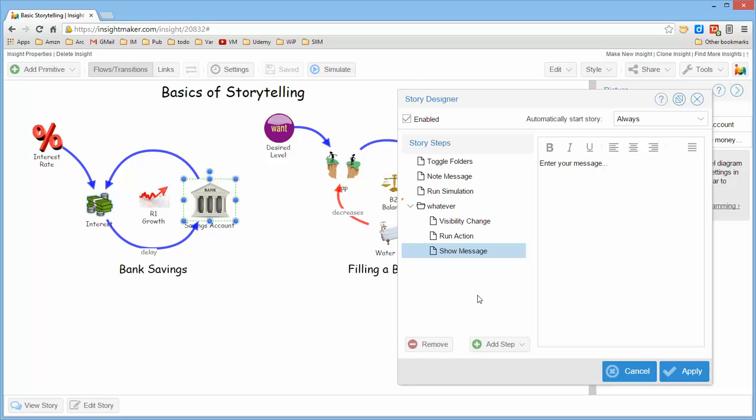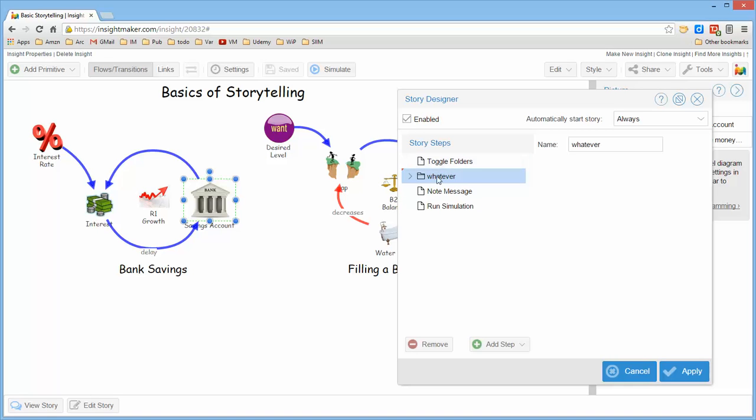Whenever Insight Maker is unfolding a story and the story presents a message to the user or runs a simulation, it will stop and wait for the user to click next in the lower right hand corner. So you can sequence these, and then you can move them around as you wish so that you have things in the right order,